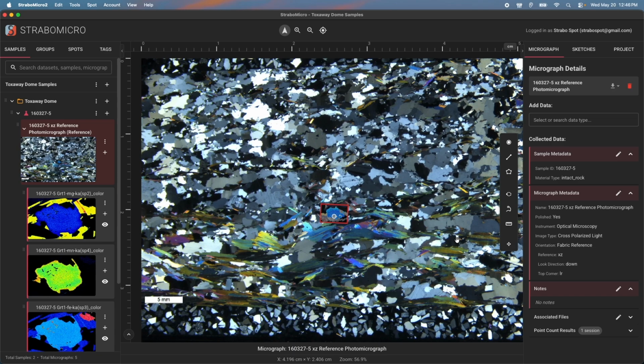The reference is the higher level, larger view, lower magnification, and associated is the higher magnification, specific location: micrographs of maybe a grain, a feature, or a certain interesting thing within your image that is contained within the reference photomicrograph area. Those are the two types of micrographs, and there are two ways to